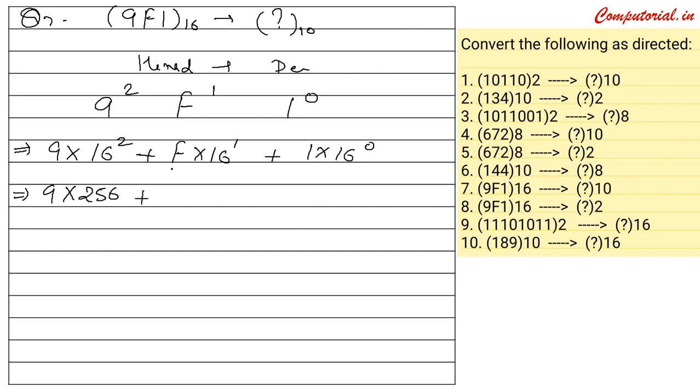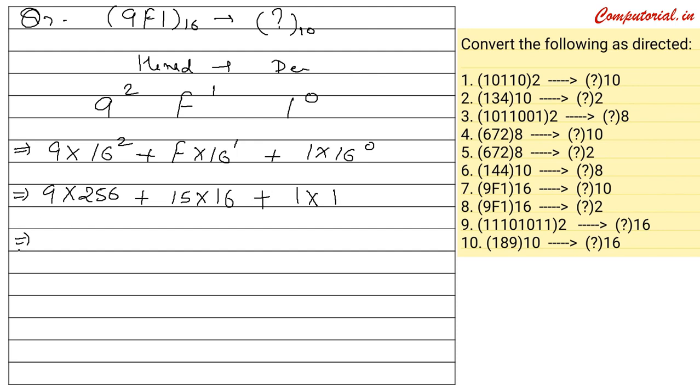Well, then next is this f into 16. Fine. Just keep this in your mind that whenever you are writing any hexadecimal number and working with the alphabets, when you are performing any kind of calculation, you have to replace these alphabets with their actual values. Here we are using f, and in the hexadecimal number system, f stands for 15. So it will be 16 into 16 plus 1 into 1.